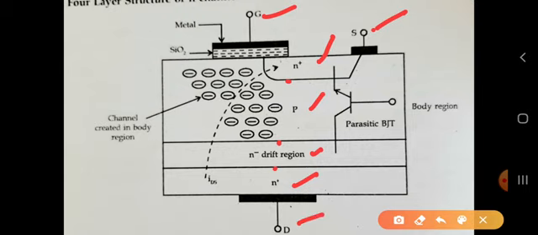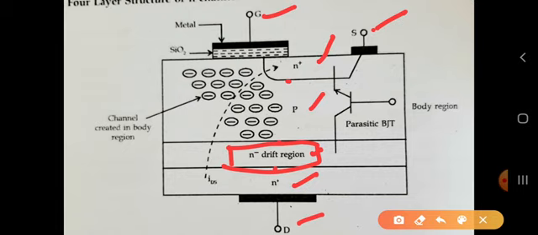What happens when you apply the voltage between the gate and source, and you need to start conducting current from drain to source? How will the current start flowing between source and drain, and how will you control this current with the help of the gate and source terminals? Everything is going to be understood in this structure. Now you can see there is a drift region, N minus, and this drift region helps to allow the flow of current from drain to source.